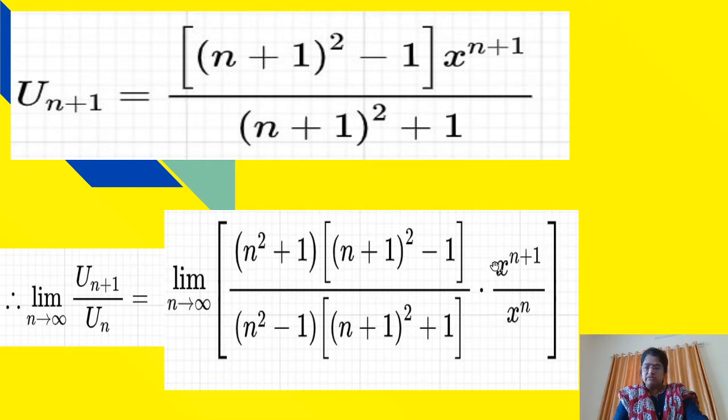Now here the division of x raised to n plus 1 upon x raised to n, that part will be equal to x. Here in the numerator, from the first bracket we will take common n square. From the second bracket we will take common n plus 1 bracket square. In the denominator also, from the first bracket we will take common n square. From the second bracket we will take common n plus 1 bracket square. Hence in the numerator and in the denominator, the term n square into n plus 1 bracket square will get cancelled, and the remaining part will be